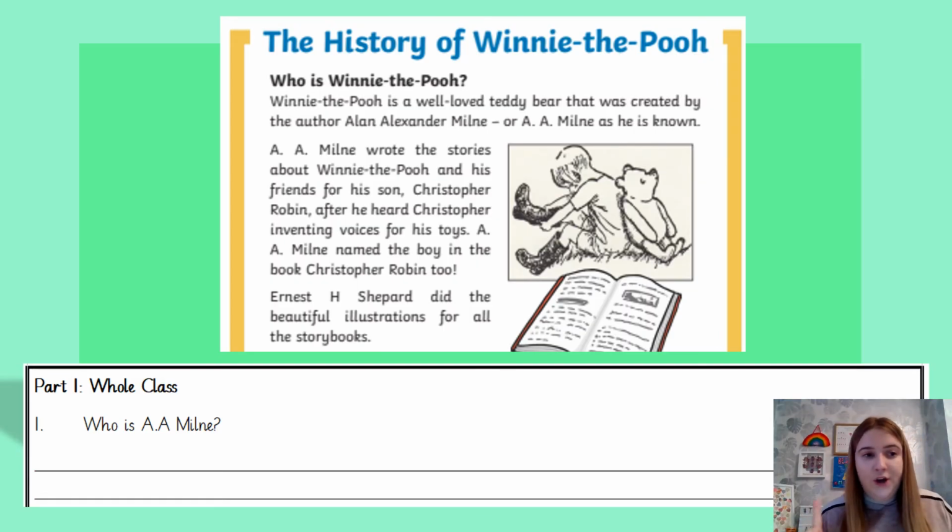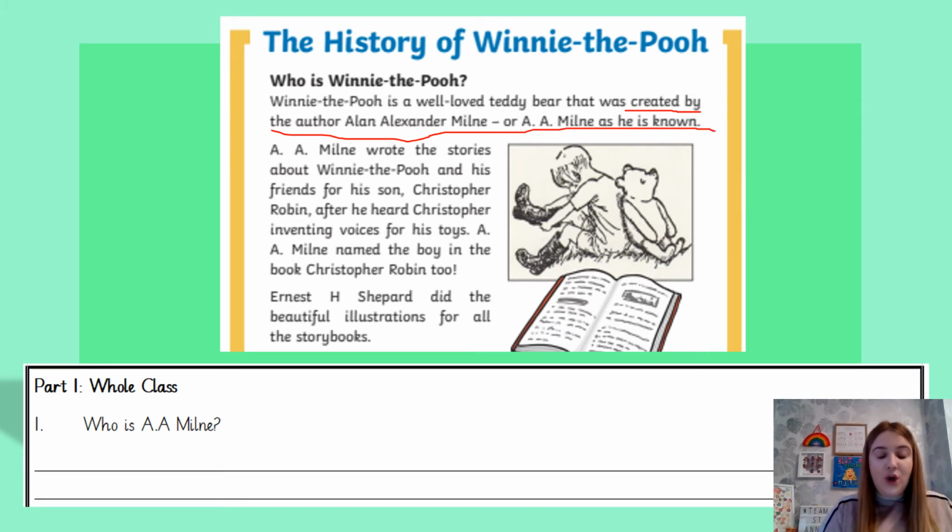Okay, question number 1, who is A. Milne? Well, it told me at the top of the text who he was, but I'm going to read the top of the text again, just so I make sure that I answer it correctly. Winnie the Pooh is a well-loved teddy bear that was created by the author Alan Alexander Milne, or A. Milne as he is known. So the question says, who is A. Milne? Well, he is, I'm going to write the author,